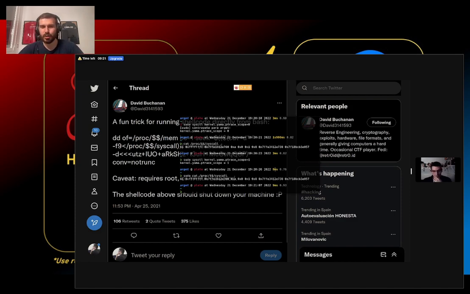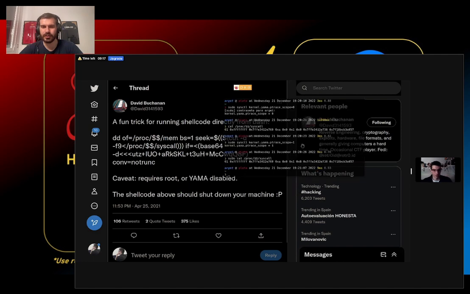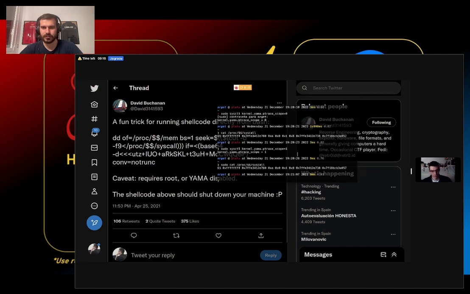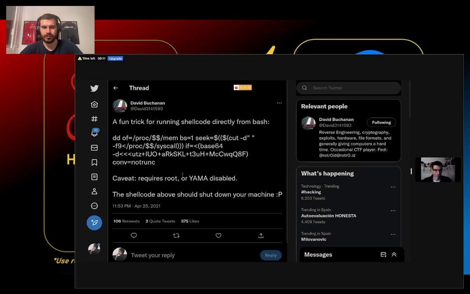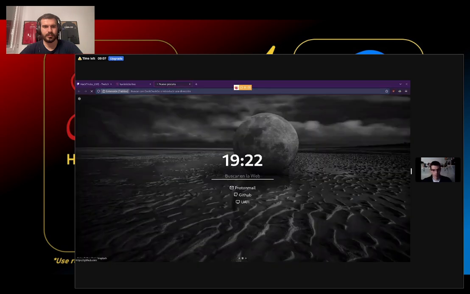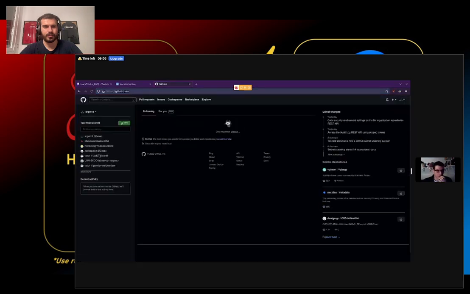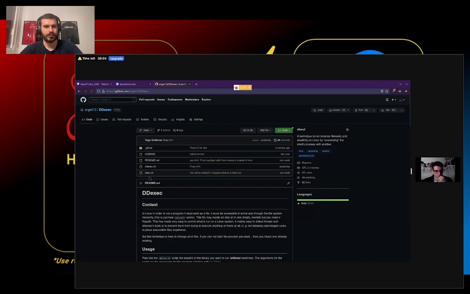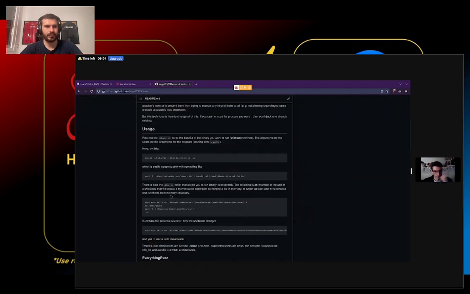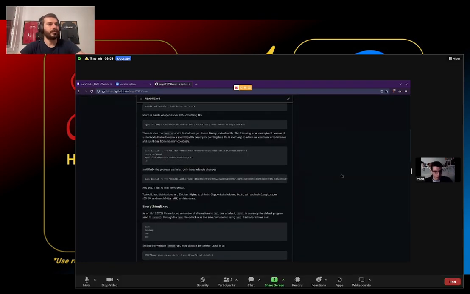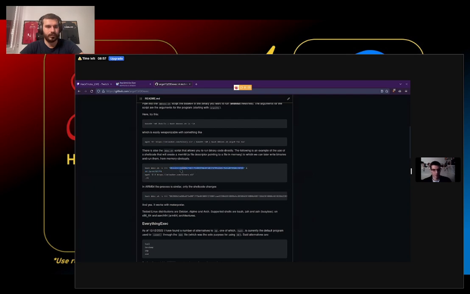Would you like to do a demo about how to load a shellcode with this technique? Okay, so let's see. I have an example in GitHub. Yes. So here I have this shellcode, which we can